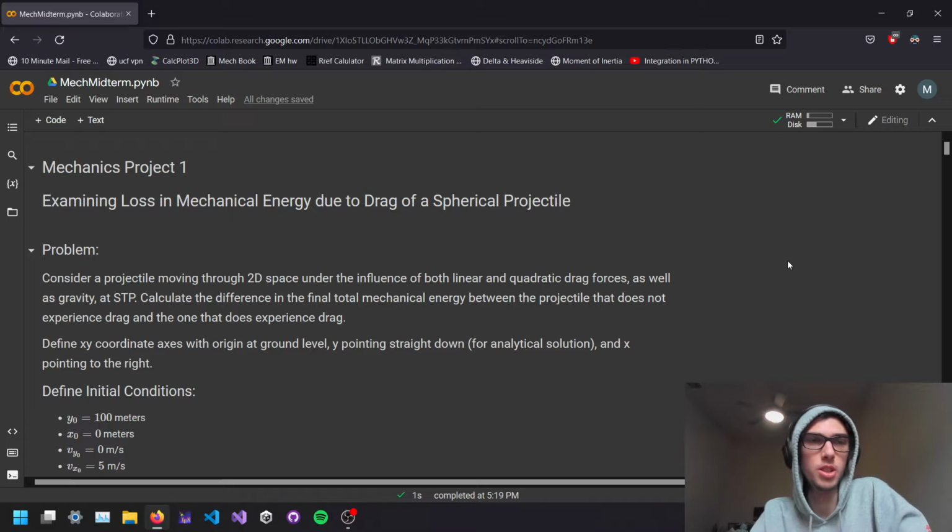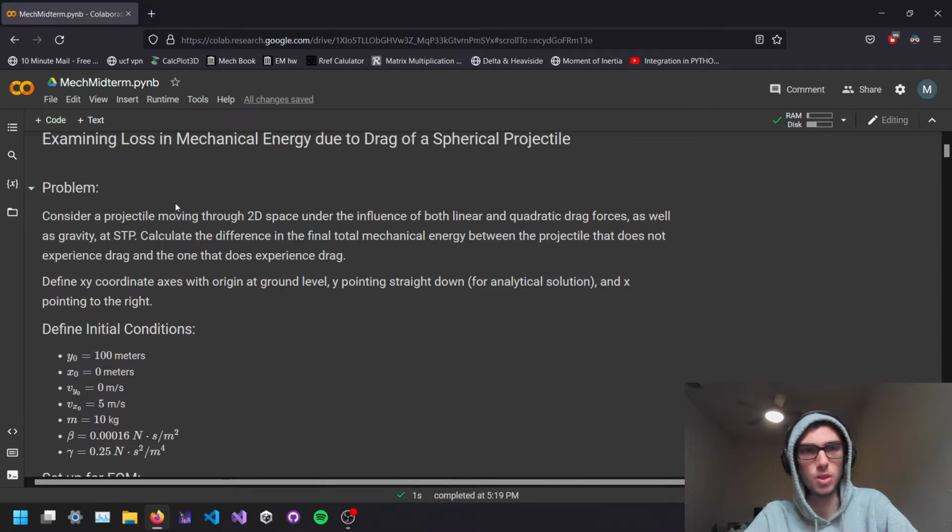My name is Max Daughtry, and for my mechanics project, I did examining the loss in total mechanical energy due to drag of a spherical projectile. So the problem that I set up was to consider a projectile under the influence of both linear and quadratic drag forces, as well as gravity at SCP,